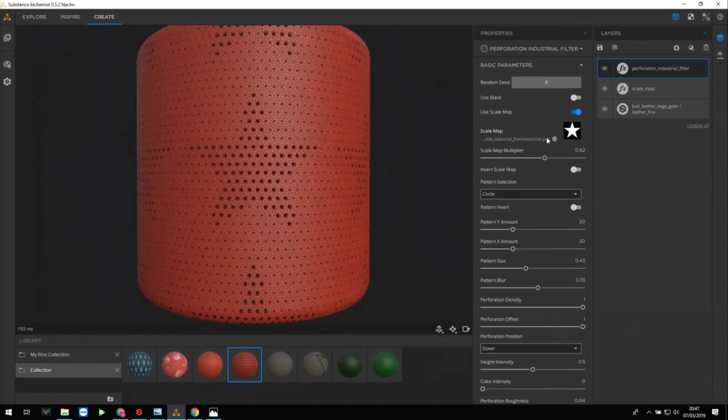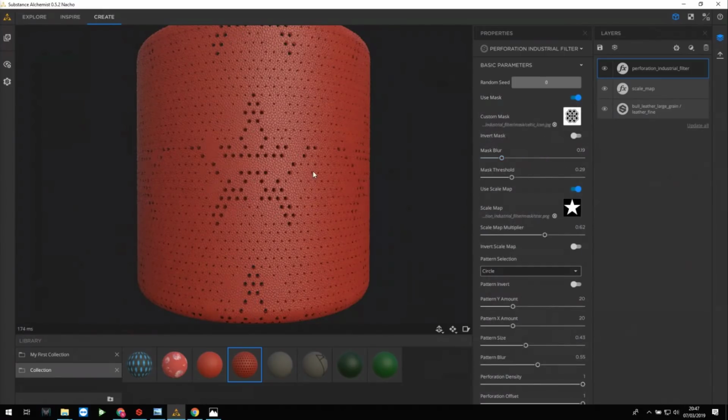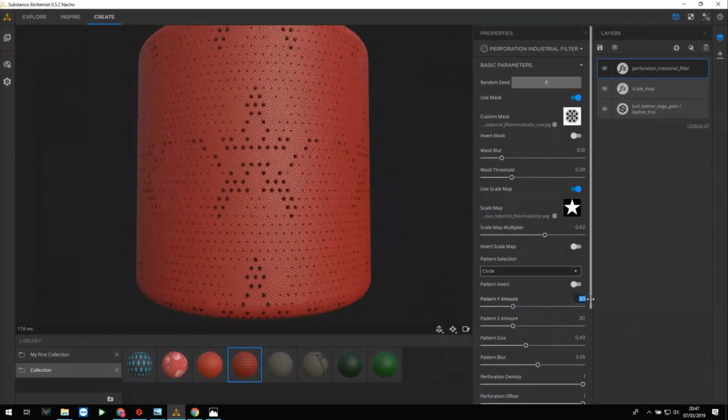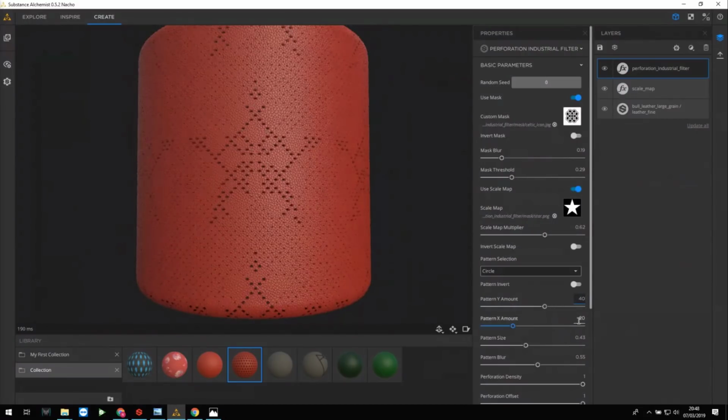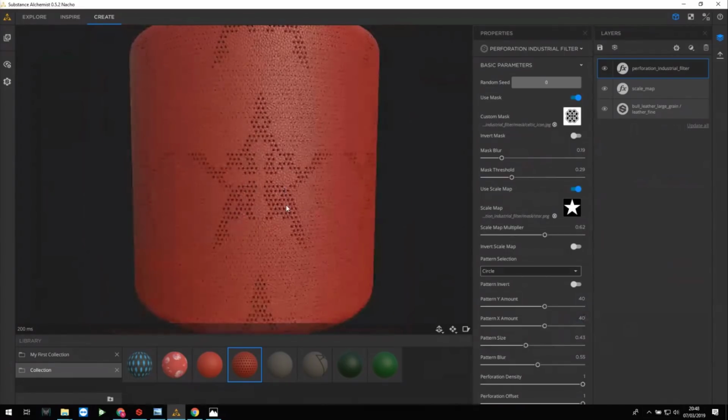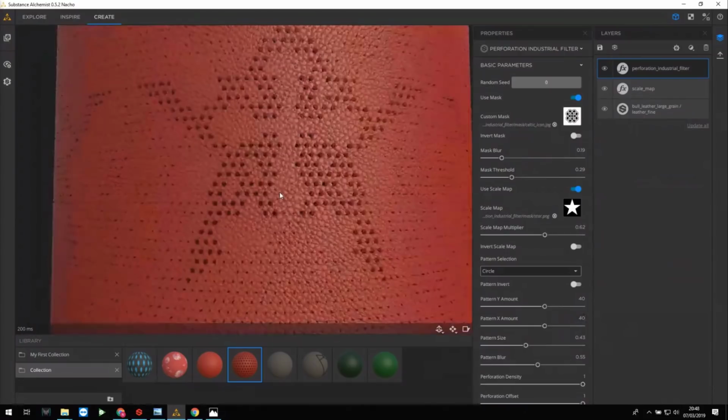I can also combine using a mask, which is combining both to create even more complex sets of patterns. And for that, I will just add more repetition to my material. So here I can start blending very complex patterns together